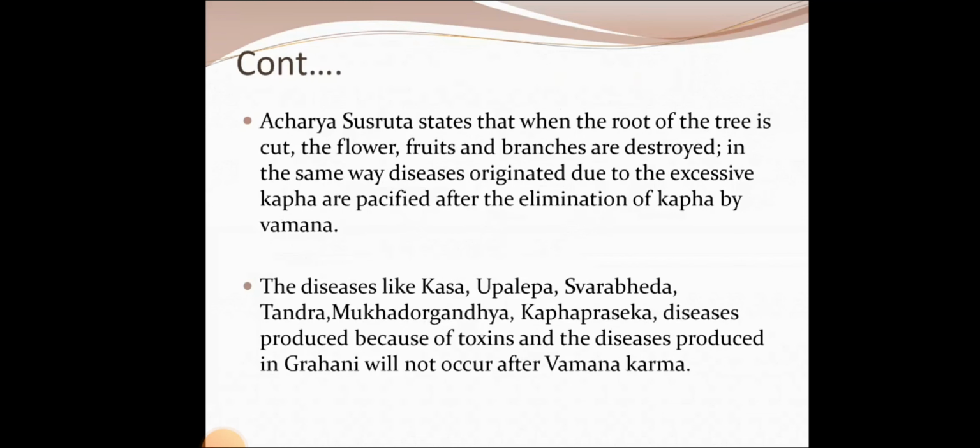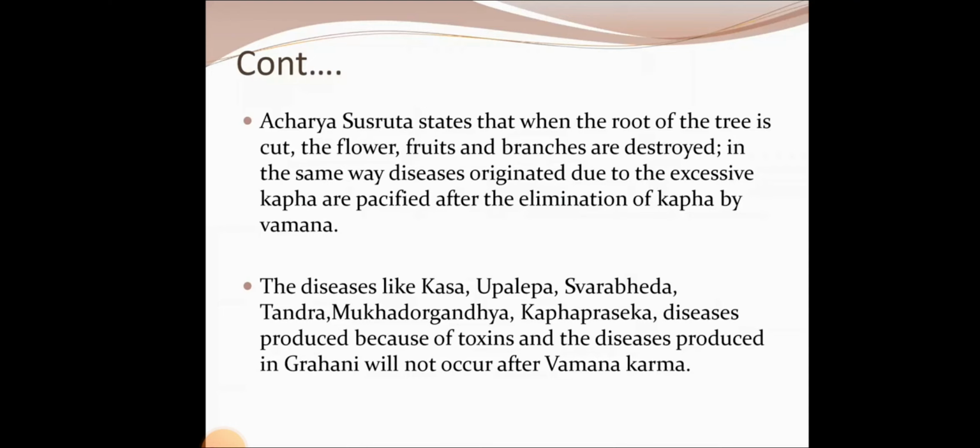Also, Acharya Sushruta states that when the root of the tree is cut, the flowers, fruits, and branches are destroyed. In the same way, diseases originated due to excessive kapha are pacified after the elimination of kapha by vamana. If the root of the tree is cut, what will these flowers and fruits become? They will be destroyed. In the same way, if diseases originate due to excessive kapha, by vamana that kapha is eliminated and the diseases will be